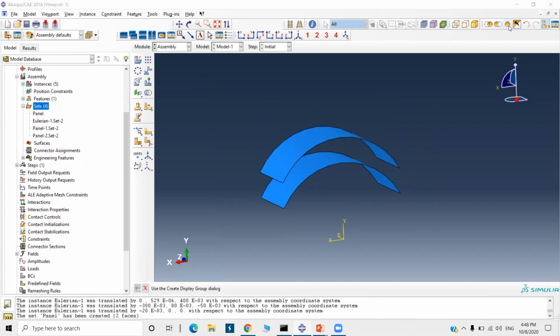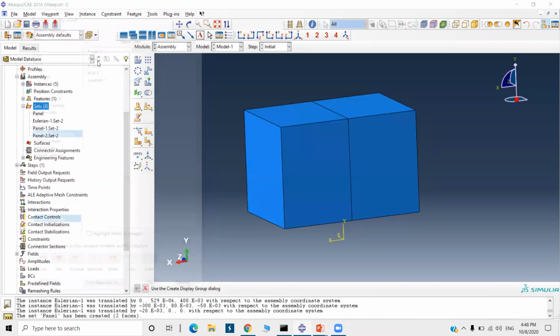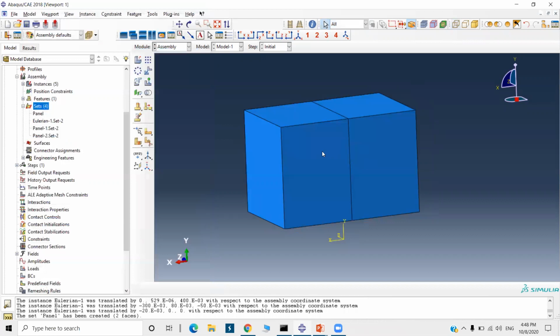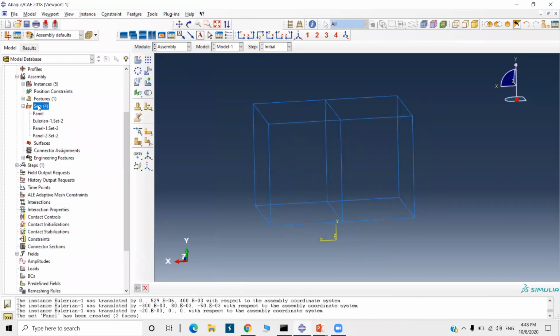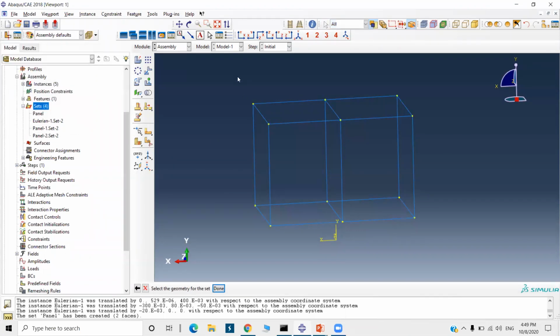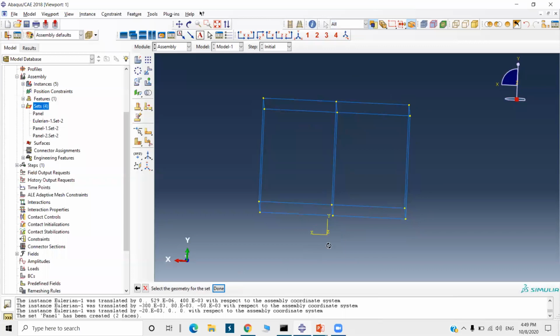I have removed the internal part, so I will create a set Eulerian left. Select this part as left.